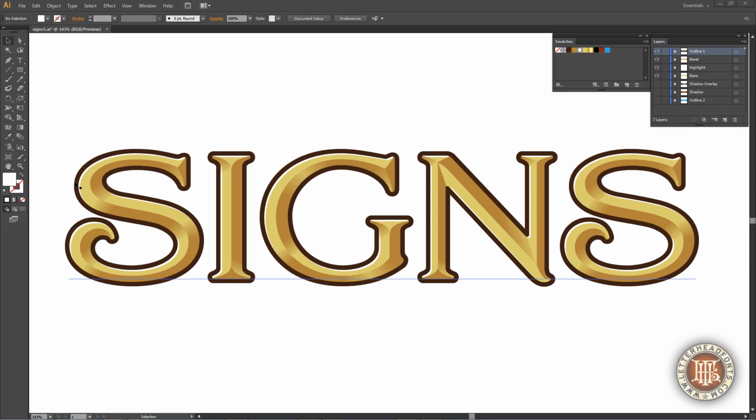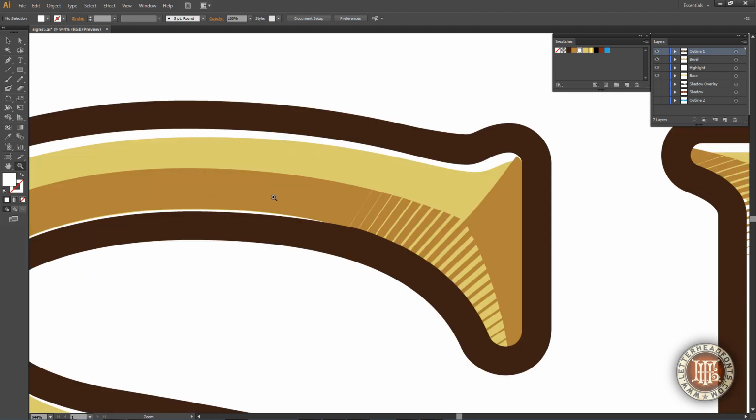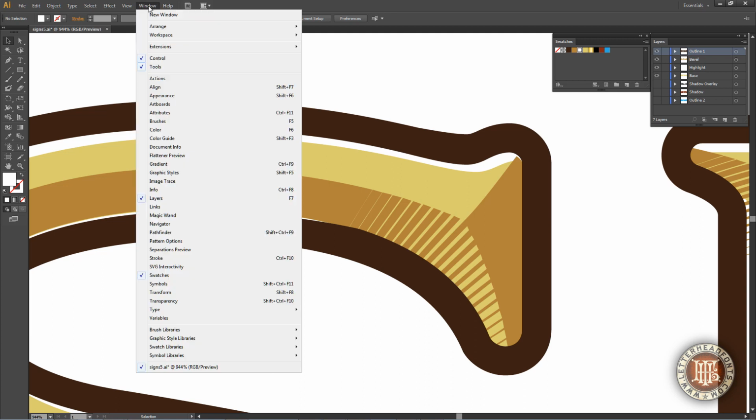This is a good time to point out a rendering quirk in Illustrator that you must be aware of when using layered fonts. If the fonts aren't aligning properly and you have gaps like this, it's because the anti-alias setting is on sharp. So let's open the Character palette by going to Window, Type, and Character.